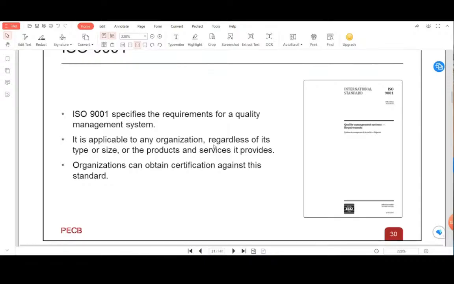Yes. Can the organization obtain the certificate against ISO 9000 only? No. They can get the certificate against 9001, because 9001 is the standard. A person gets the certificate against a standard, not the requirement that we